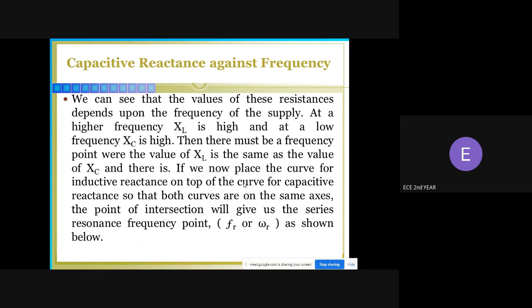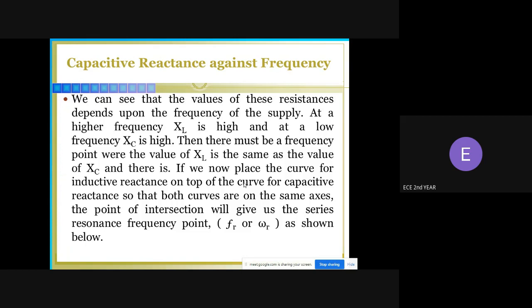Then there must be a frequency point where the value of XL is the same as the value of XC, and that is found if we now place the curve for inductive reactance on top of the curve for capacitive reactance so that both curves are on the same axis; the point of intersection will give us the series